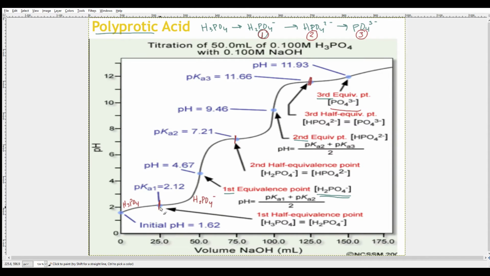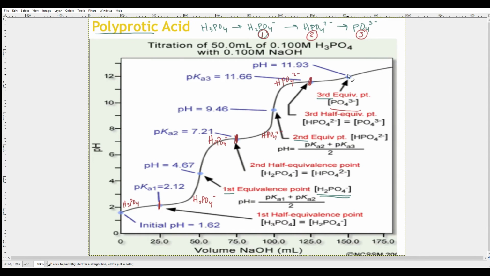Right here, it is halfway through turning into the new ion. Then when you get up here, same type of thing. H2PO4 minus is becoming HPO4 2 minus, and halfway on this line, the concentrations are equal to each other. It is halfway through becoming the new ion, and finally